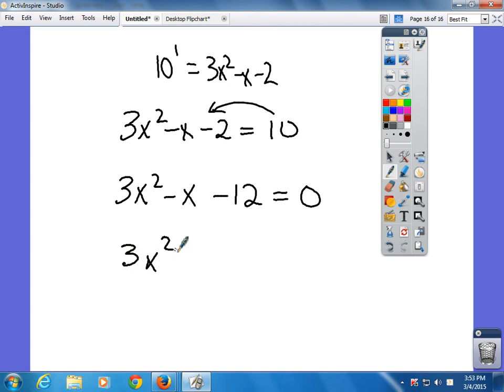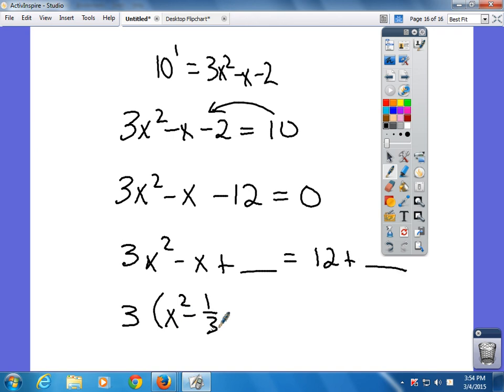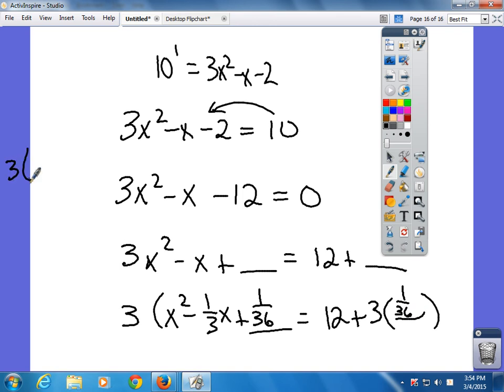So, 3x squared minus x plus blank is equal to 12 plus blank. Factor out a 3, you get x squared minus 1/3 x plus blank is equal to 12 plus 3 times blank. Half of 1/3 multiplied with 1/6. 1/6 squared is 1/36. Somebody check my math there. 1/36. And that's going to be 3 times x minus 1/6, quantity squared, is going to be equal to,